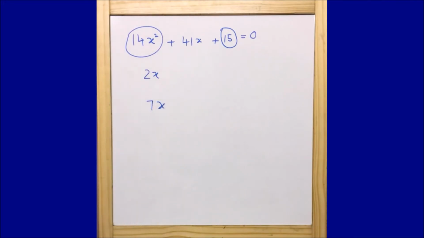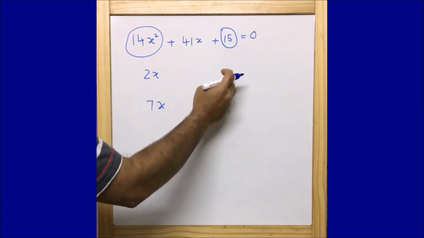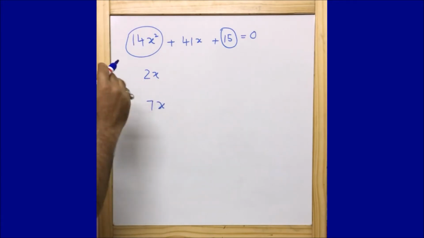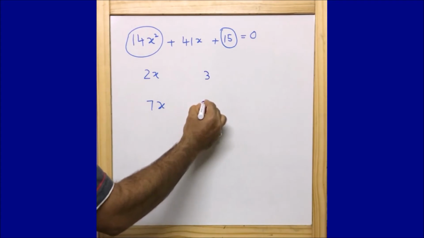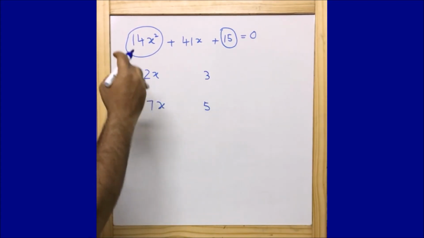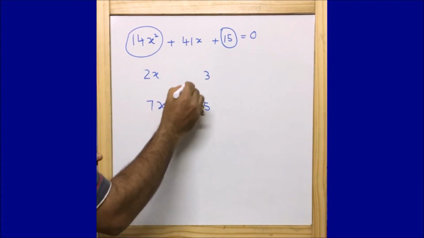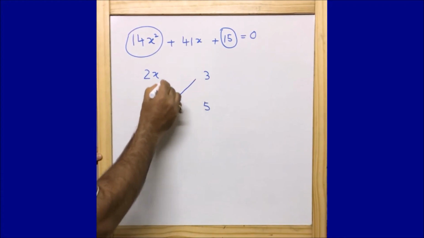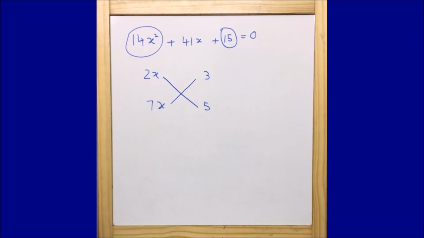Similarly, coming here to 15, this is a tricky part. So I might write 5 3s are 15 or 3 5s are 15. First of all, we should always write the lowest number on the top, and we need to see if it works, or if it doesn't work, we just need to reverse the numbers. Okay, and we will do a cross multiplication. So guys, this trick is called the quadratic equation trick with the help of cross multiplication.